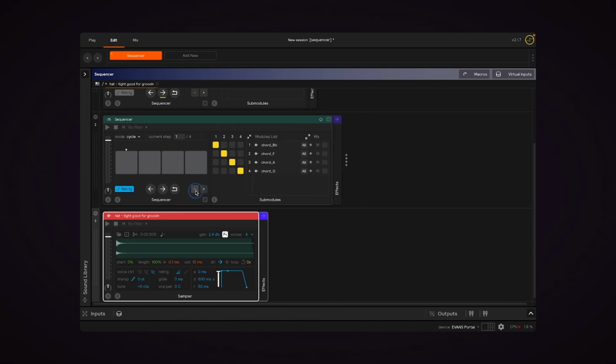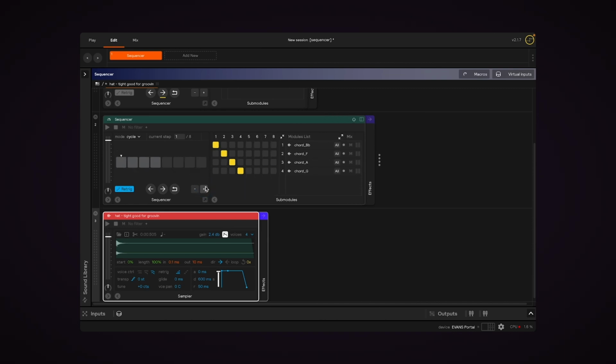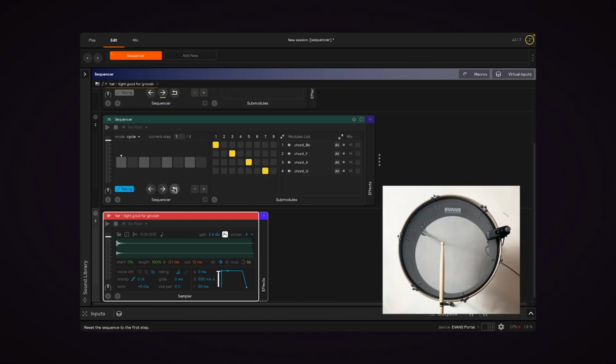So I'm going to delete those 4 steps for now, and you can see this is a grid or a matrix where the vertical axis is the submodules that you have in the sequencer, and the horizontal axis is just the step, the number of the step in the sequence. So by default, it's always just a direct line with one submodule assigned to each step. But if I wanted silence between each one, I would add 4 more, and you can simply click on the square that corresponds to the module in the step that you want. And now when I play the drum,